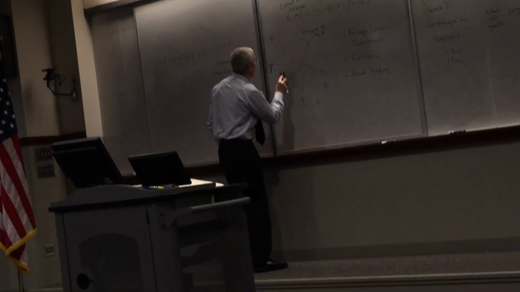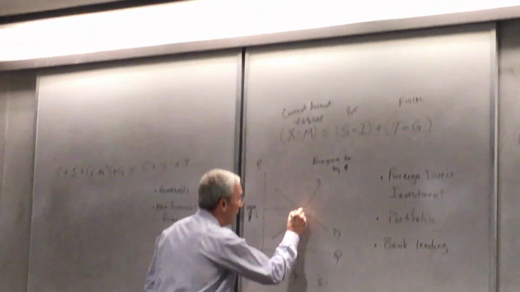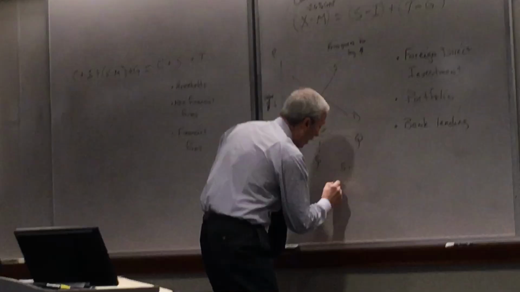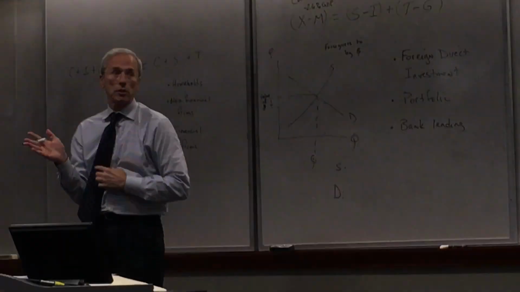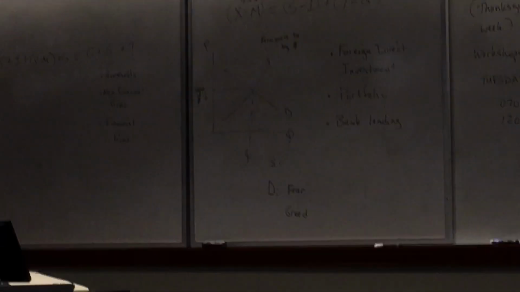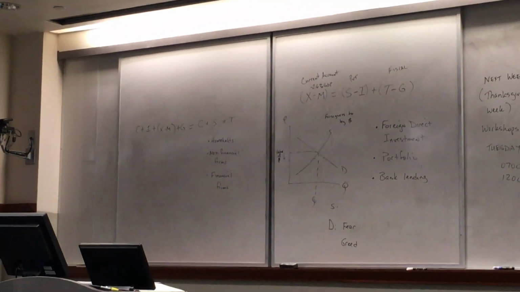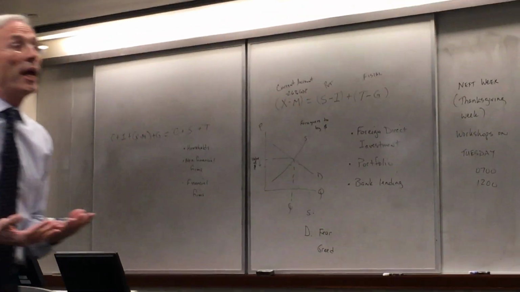The other thing is the demand for dollars. And without insulting anybody, the demand for dollars is a function of two primary drivers: fear and greed. Again, not to insult him, but it's fear and greed. So if something is going on in the world and you're worried and you want to make sure you stash your money someplace where it's safe, where are you going to put it? You're going to put it in the United States, aren't you?